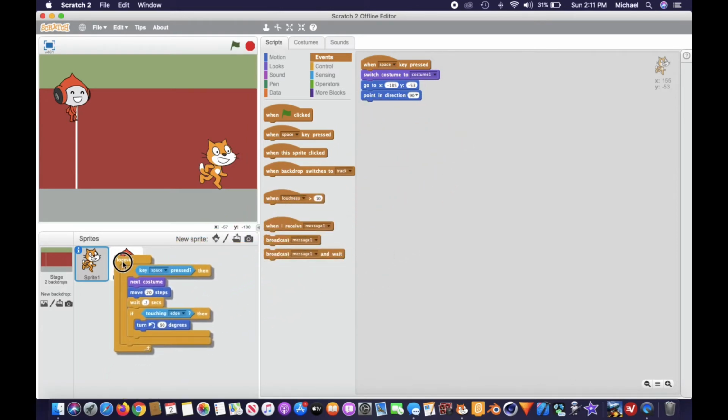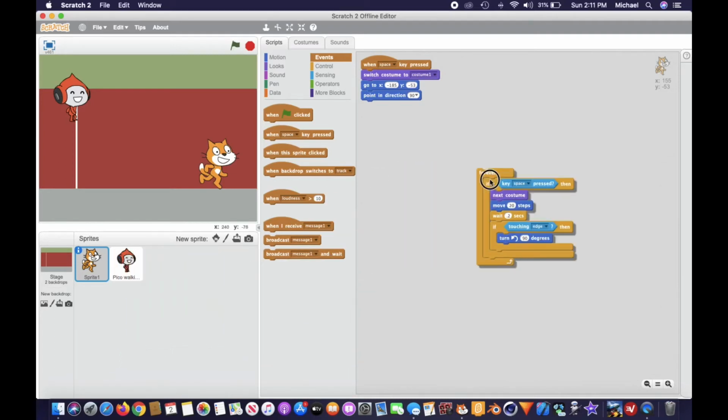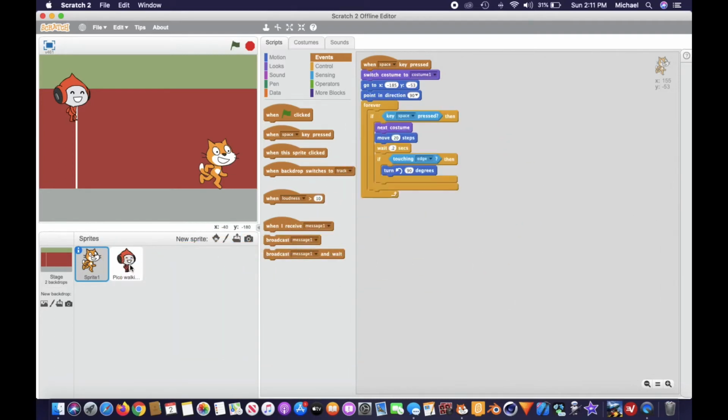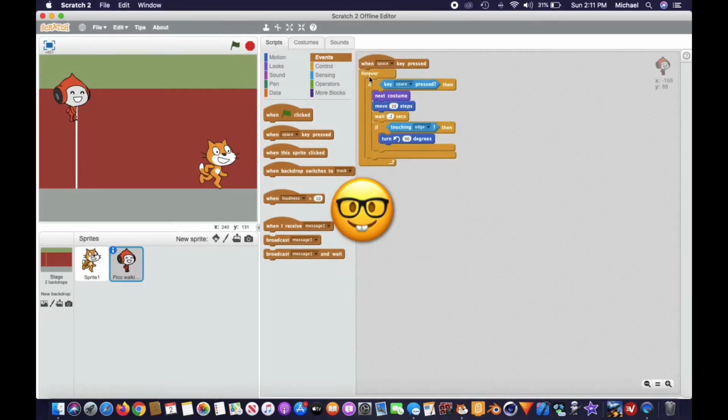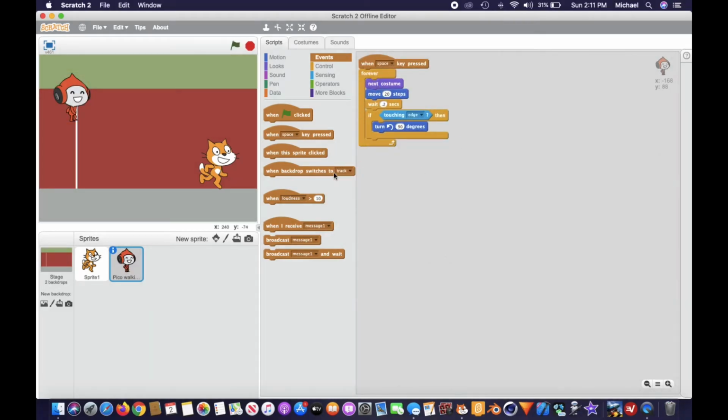And you might think it removes it from the code that it was originally in, but it doesn't. It just copies it into my Pico. So now you can see I have it in here. And that's another helpful thing. So I'm just going to delete this if key space press. So now it'll look like